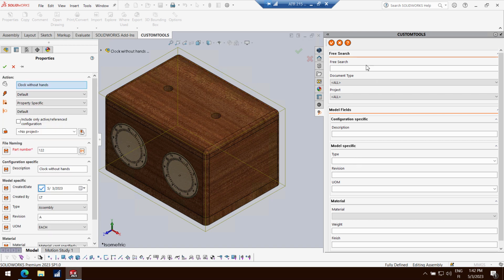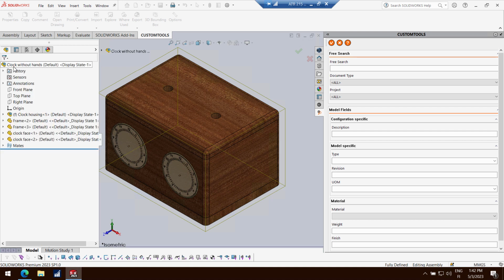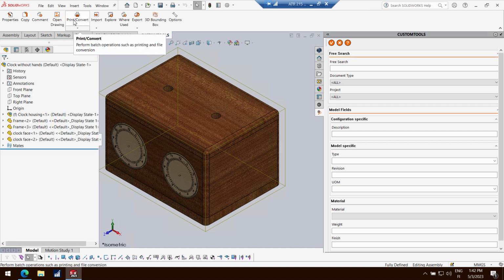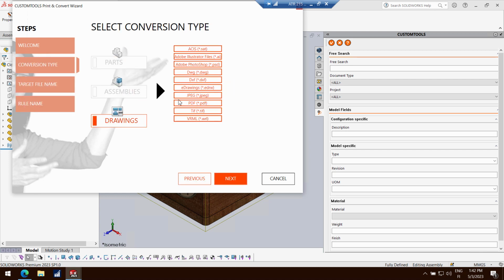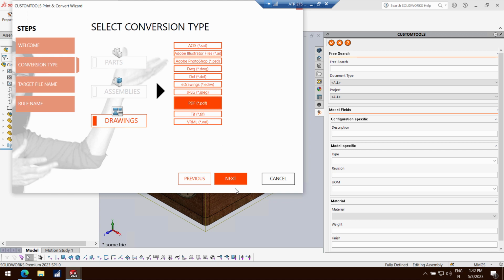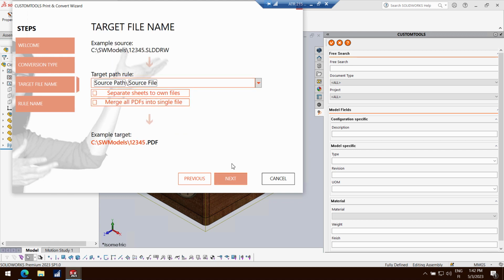Now that we have created the search and property pane, we can continue with the configuration and move on to the batch operations. When accessing the batch operation wizard, you will have the option to create either a print or conversion profile. For this demo, let's first start to create a file conversion profile that will convert our SolidWorks drawings to PDF format. We can define the destination folder for the converted PDF and even create